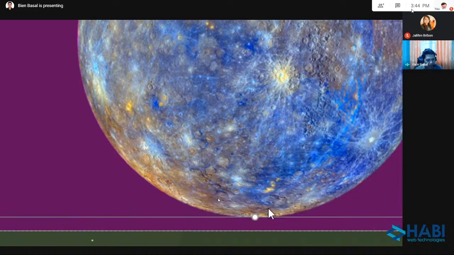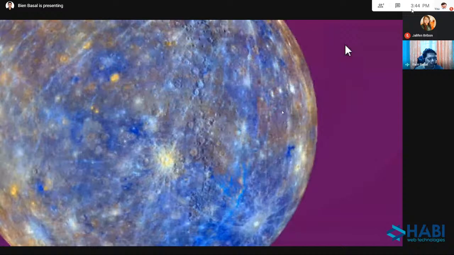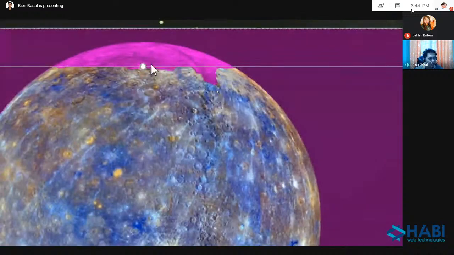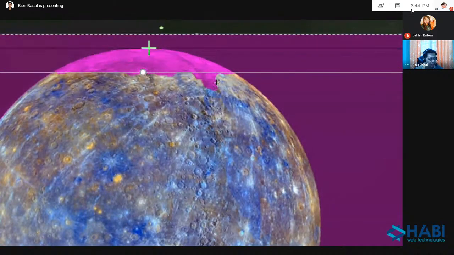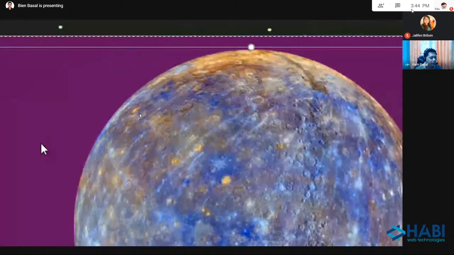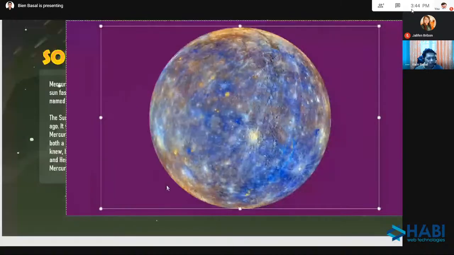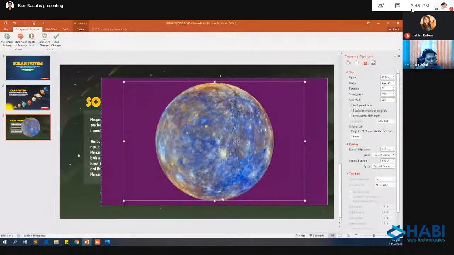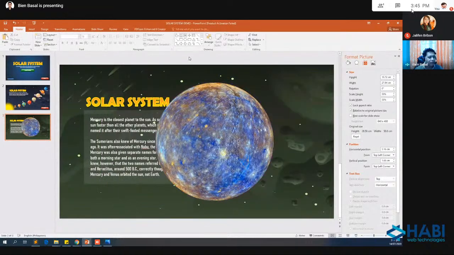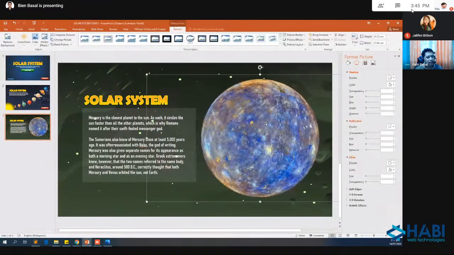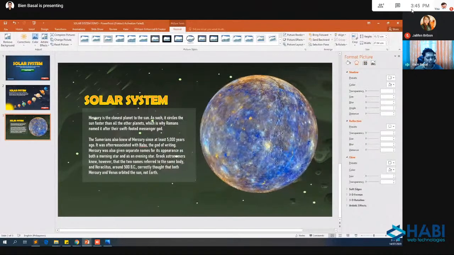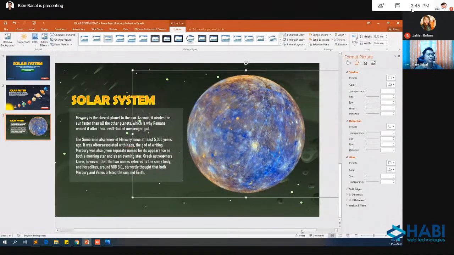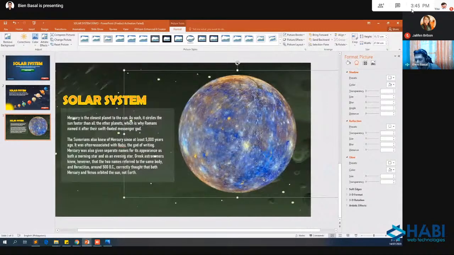This is part of the image. Going up, I want this portion to be visible, so I will move this up. So only the shape is visible. If I click outside, all right, we now have the Mercury image without the background. So practice, practice.